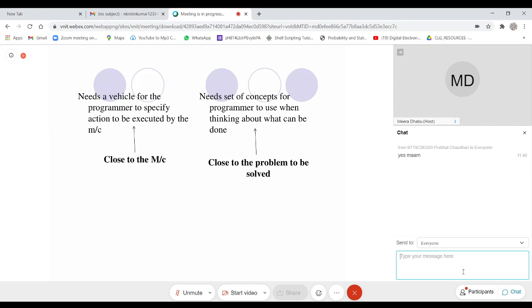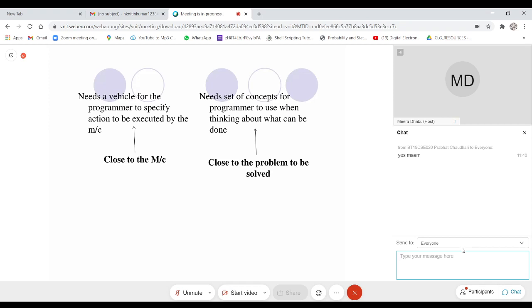Another category of languages can be close to the problem to be solved. In that case, it needs a set of concepts for the programmer to use when thinking about what can be done. This is very important.